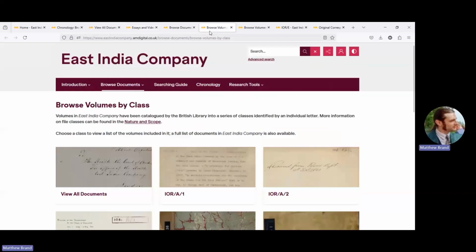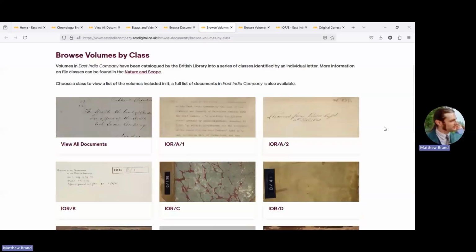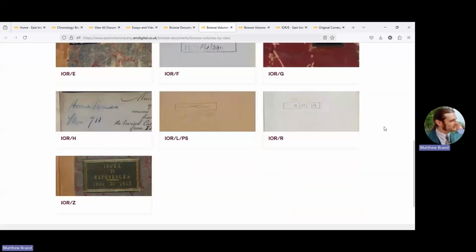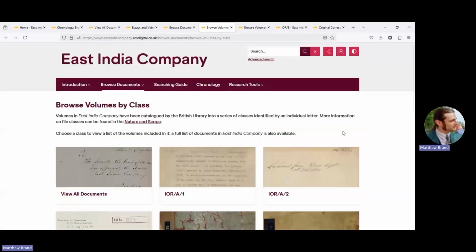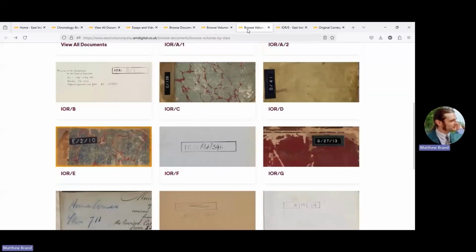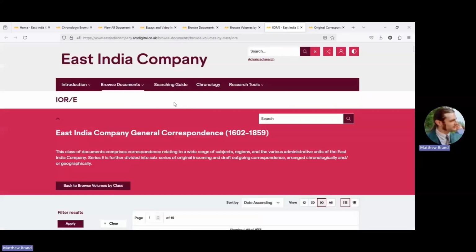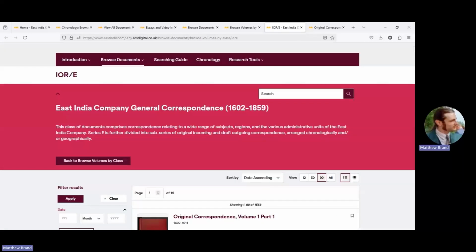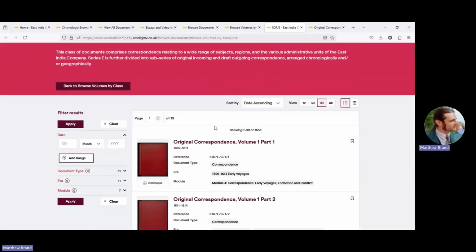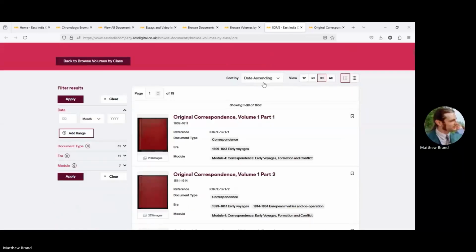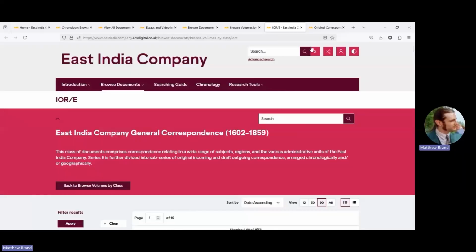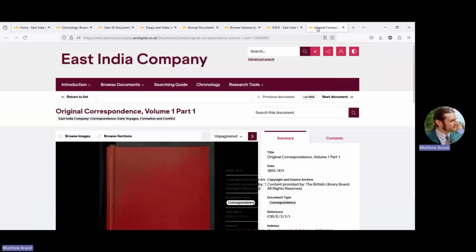If we were to look at browse volumes by class, I know this will be familiar to a great many people, we've still got the same options. Everything is still very much here. And in fact, if I were to open up IOR/E, then it goes straight to all the documents in IOR/E, all 1,658 of them. And in fact, maybe if we were to open up an individual document from here,